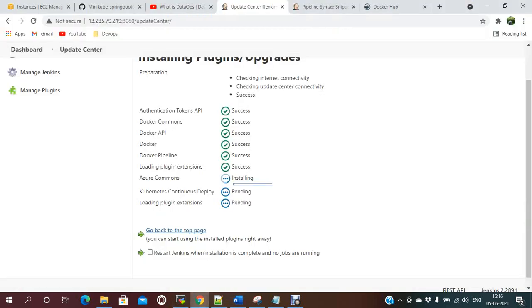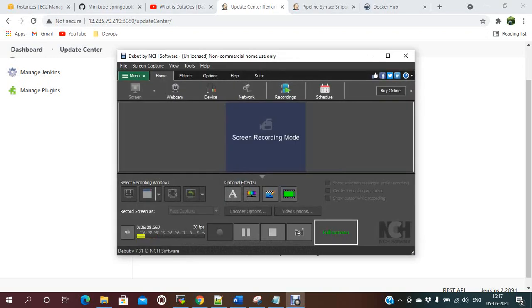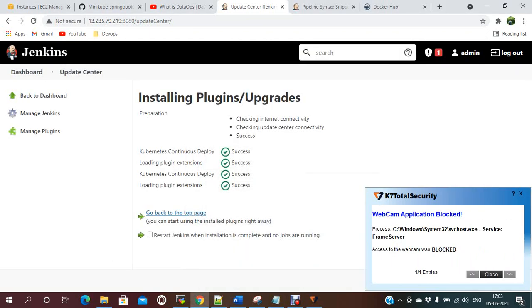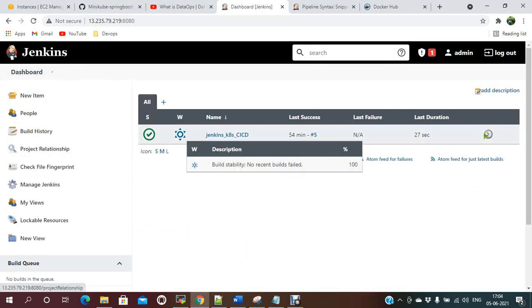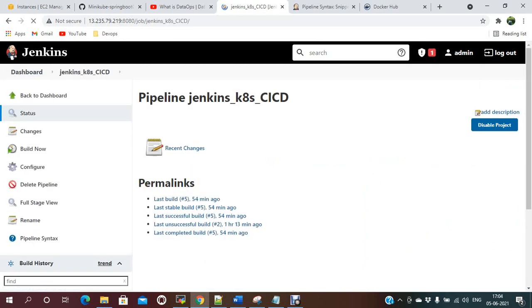Okay, still it is running. Let me refresh this one. I'm waiting until this plugin is installed successfully. Now this plugin got installed successfully. Now let me go to the job and let me add deploy.